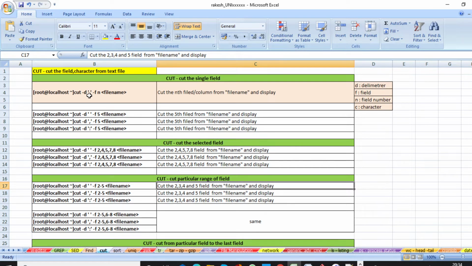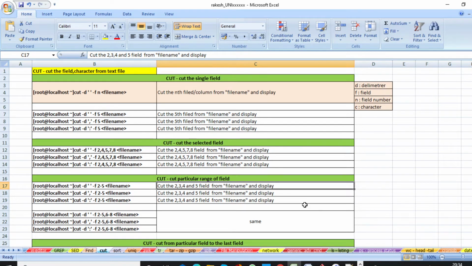Whatever you put inside these two quotes will be the delimiter. And here hyphen f stands for field. Then here I have written n. Per n you can put the number of the field you want to print.